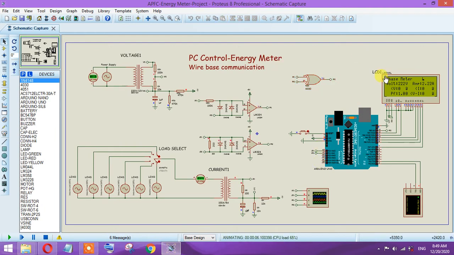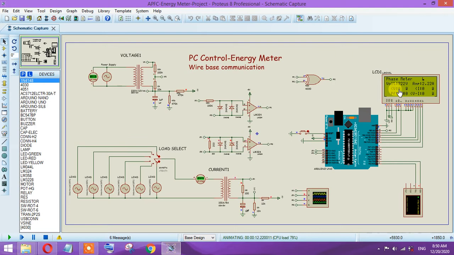If you check closely on the phase meter, the voltage is 222 volts, and the voltage's phase angle is 0. I have taken the voltage's phase angle as 0. For example, you have to take some reference point, so in my case I have taken the voltage as the reference point. If there is any other signal, you can also take its angle with respect to the voltage if you want to check